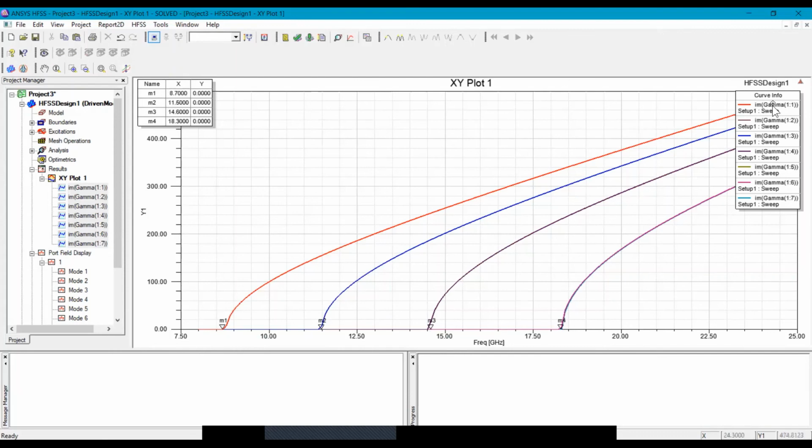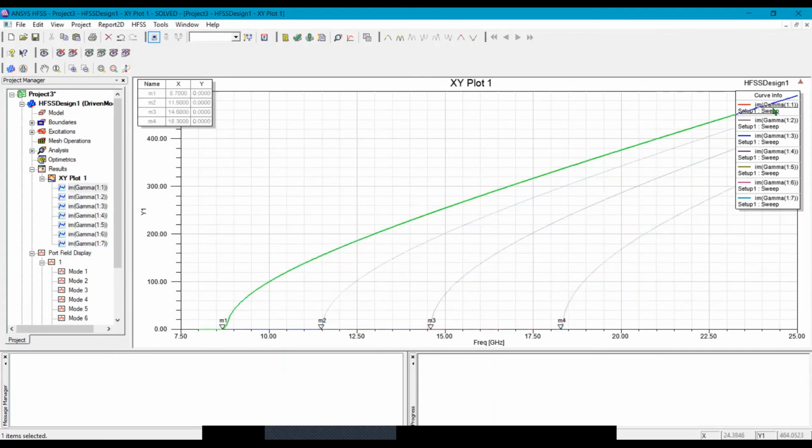So here you can see, by this curve info, this is our first mode. Now there are 2 modes having the same cutoff frequency. Now this is our third mode, this is our fourth mode, and fourth and fifth again have the same cutoff frequency, and sixth and 7 have the same cutoff frequency. So you can see by this attenuation diagram, we are getting the first 7 modes of propagation. So the theoretical and the measured result are same.